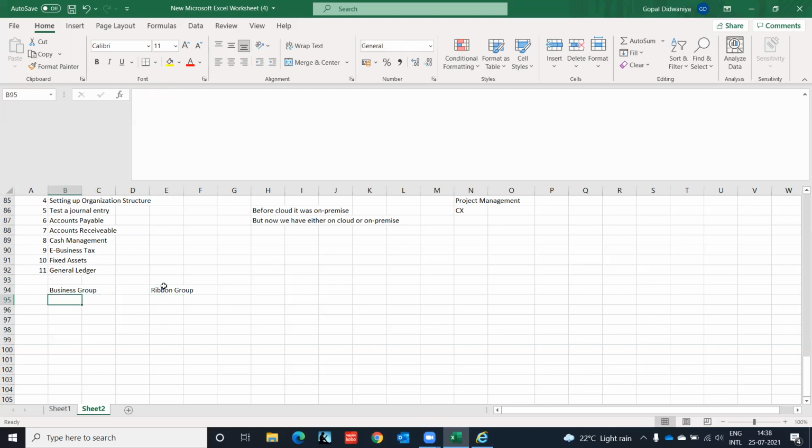Then we have the ledger. The ledger, everything we are configuring, is from the perspective of India. It can be configured with respect to US. It can be configured with respect to Europe, any country. So in the ledger,